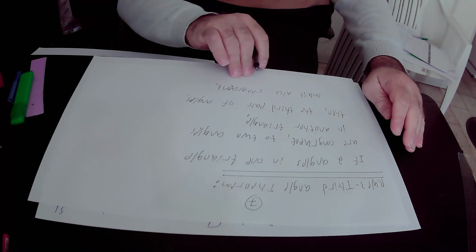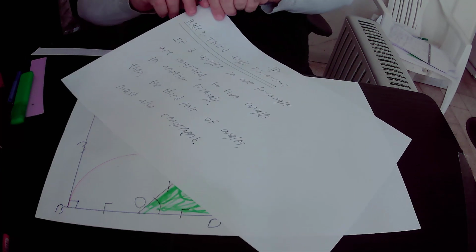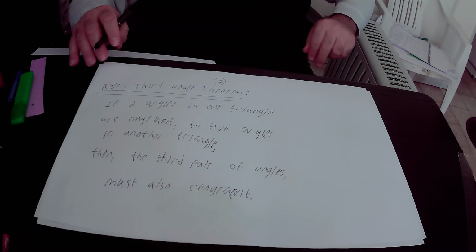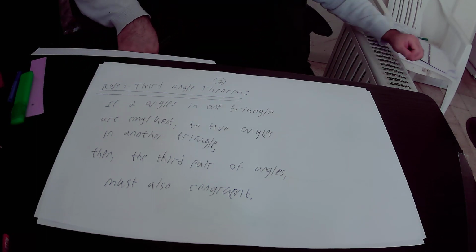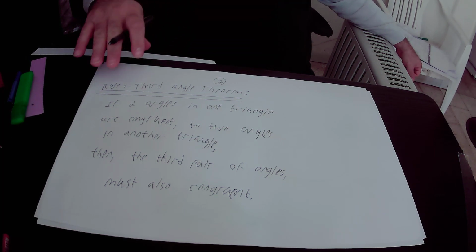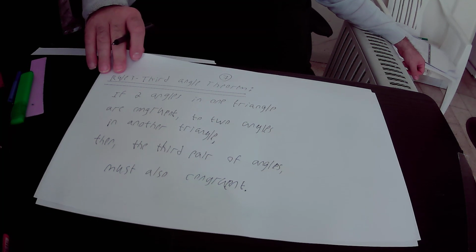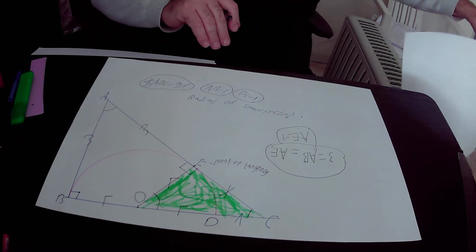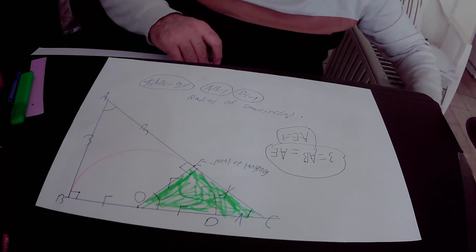So I will read third angle theorem again. Third angle theorem, rule number 3, states that if two angles in one triangle are congruent to two angles in another triangle, then the third pair of angles must also be congruent. So what is the meaning of rule number 3, or third angle theorem? The meaning of third angle theorem is that if you have two triangles,